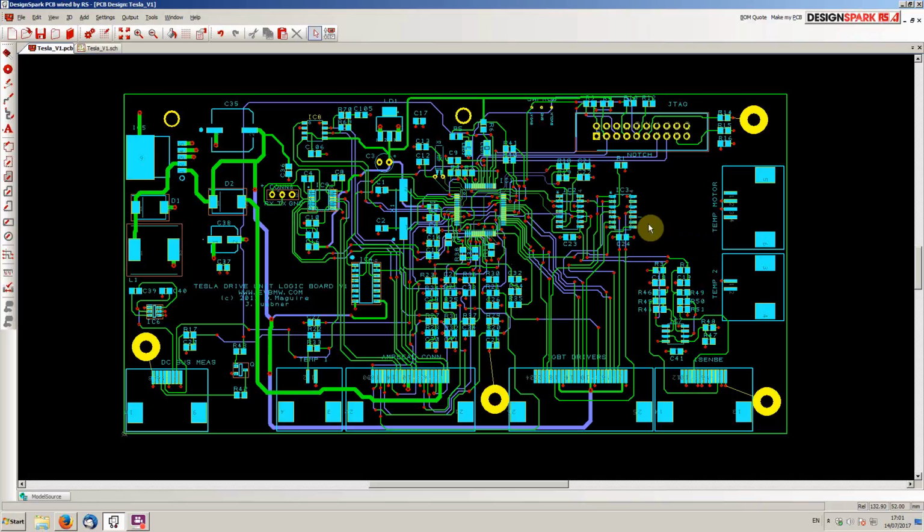So one thing to note, well, thankfully the alarm has managed to turn itself back off. So one thing to note here is that this is a 4-layer board, and I decided to make it a 4-layer board for a few reasons. One is I'm a little bit lazy and I wanted to get it finished quickly. But the second one is I wanted a full ground plane on this PCB. And I think that's important, given that we're going to be pushing over 1,000 amps per phase into a motor here. So anything that helps the microprocessor not get a glitch is good news to me. And of course, as you can see here, it does make it much less cluttered